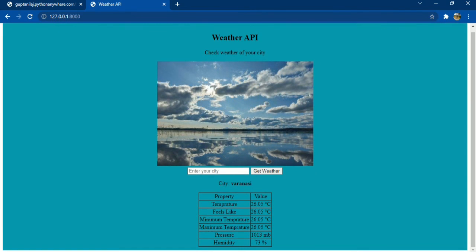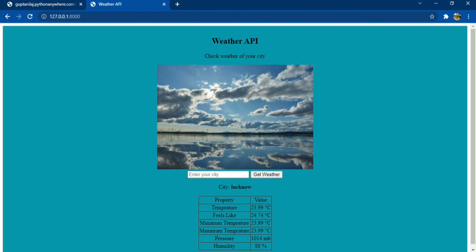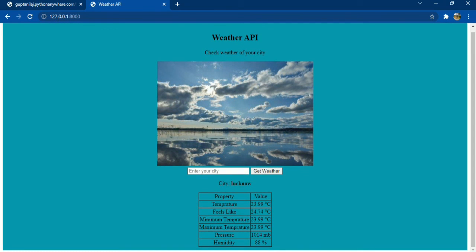Now let's check other places also. Okay, it is working fine. But now if you enter the name of a city that has two words, meaning the city name has a space in it, you will get an error because it will create a URL that has a space in it.